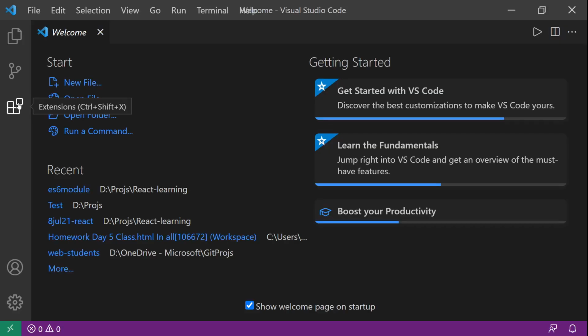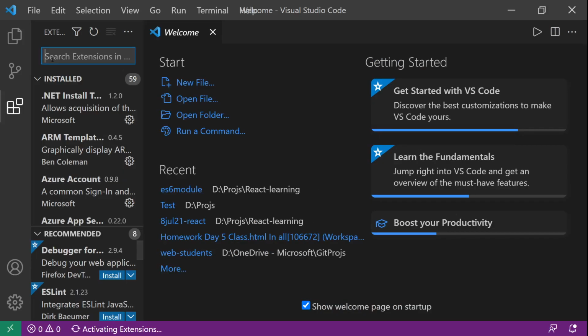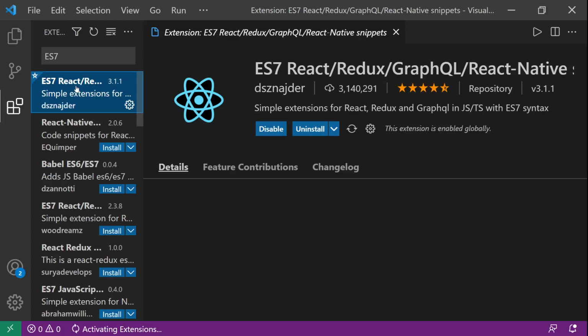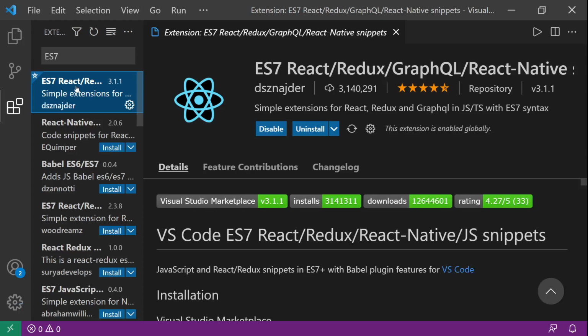If you go to the extension section and search for ES7, it is there. You can see that I use ES7, React, Redux, GraphQL, React Native, and it's a very popular extension